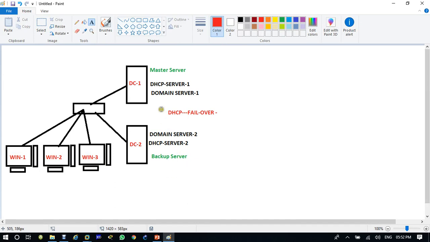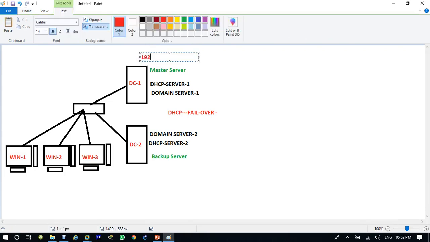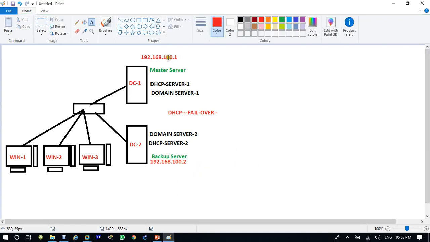On the master server I'm using IP address 192.168.100.1, and here I'll be using 100.2. The DNS server we are using is 100.1. This is our DNS server.